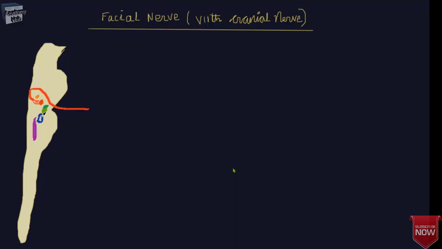The superior half of the face derives conscious control from the left and right primary motor cortex. The inferior half derives conscious control from only the contralateral primary motor cortex. Exiting the nucleus posteriorly, the fibers loop around the dorsal aspect of the abducent nerve on their way towards the ventral surface of the brainstem, as you can see in this picture.